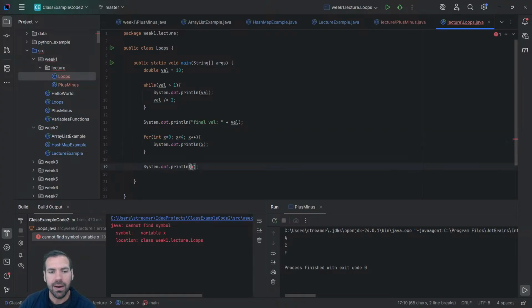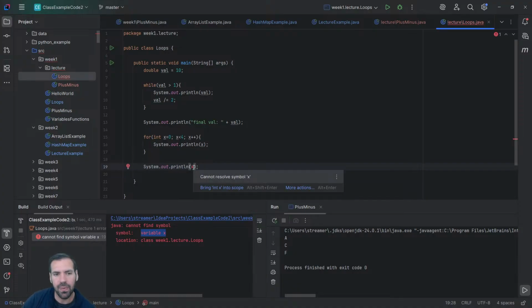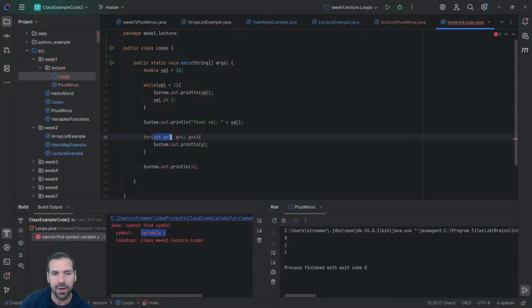So right here, I'm getting an error because I'm trying to print x to the screen, and it says can't resolve variable x, cannot find symbol variable x. X is no longer in memory because it was deleted as soon as we hit this closing brace. Once we hit that, that variable's gone. And when we try to print it out here, you get this error, which can be very frustrating if you don't know how your code blocks are working,